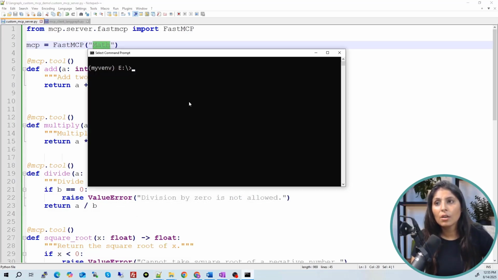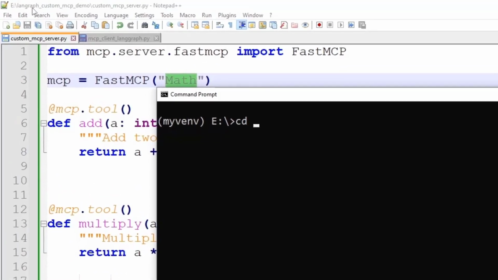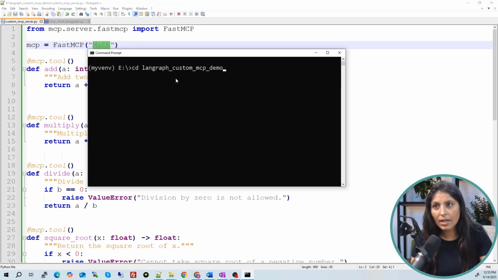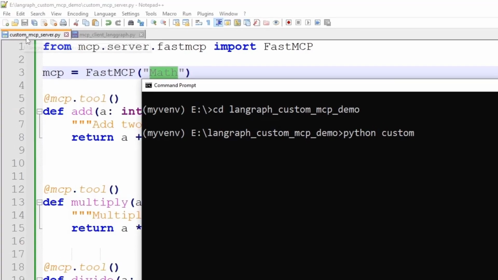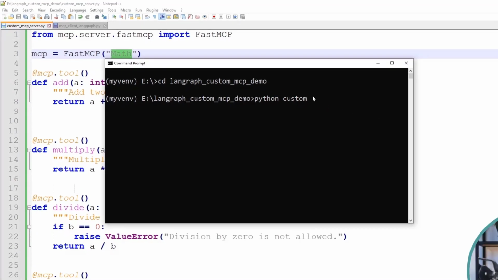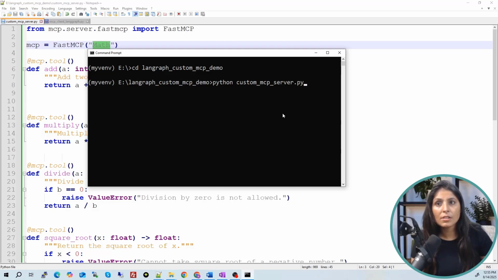For that, you will go inside the folder where our code is. It is in the LangGraph custom MCP demo folder. Just write the LangGraph custom MCP demo folder, and here you will write python and then the server file name. So the server file name is custom_mcp_server.py. Now let's run it.